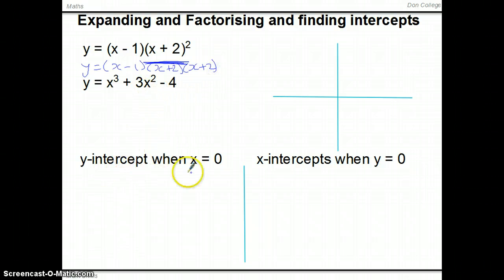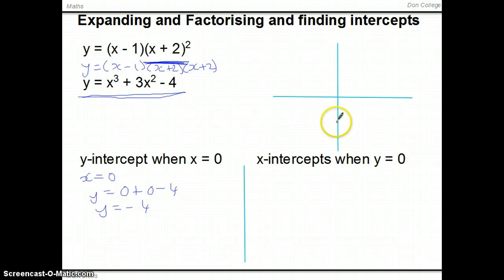So y-intercepts when x equals 0. When x equals 0, this form is useful, and we make x equals 0, y is equal to 0 plus 0 minus 4, so y equals negative 4, means I know it goes through here. The x-intercepts are when y equals 0, so it helps to have it expanded like this, and I get y equals x minus 1, x plus 2, x plus 2, set y equal to 0, so 0 equals that,